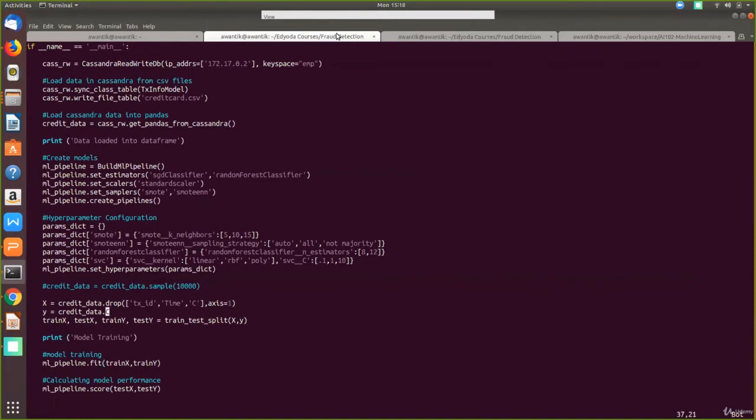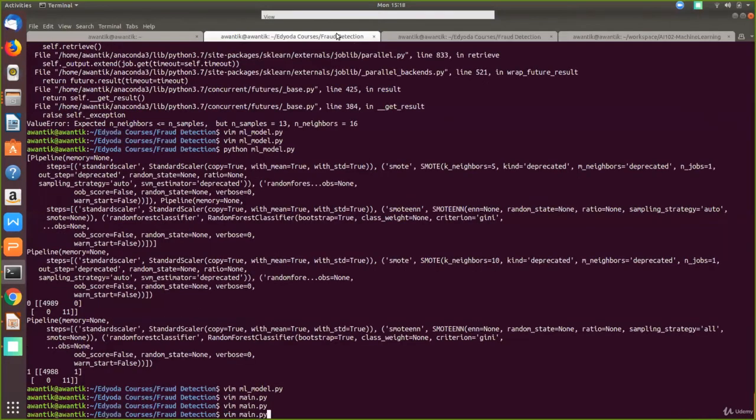So this is the column. Here you have transaction ID. You're reading it from the database, which you do not want in training the model. That's why you have to skip this, the transaction ID, and pretty much everything else is the same. So let's try running it.